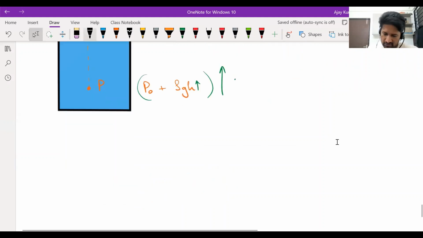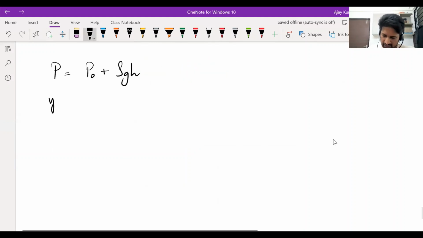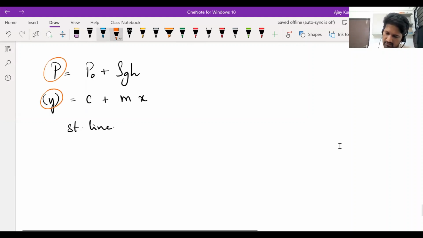You can even draw a graph for this. P is equal to P naught plus rho g h. So if you take pressure on the y-axis, P naught is atmospheric pressure. It's a constant. Rho and g are also constants. Density of liquid and gravity, they are constants. Height you take on the x-axis. So it's like y is equal to mx plus c, which represents a straight line. So we are taking pressure on the y-axis and height on the, not height actually, it's depth from the free surface on the x-axis. Then if you draw a graph,